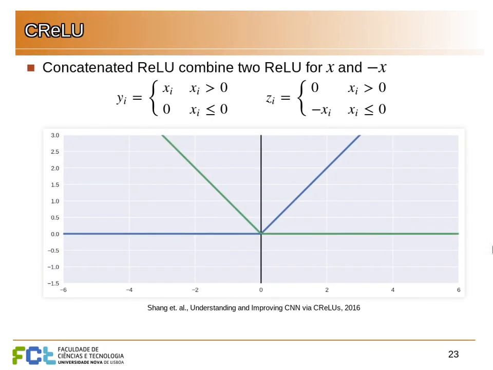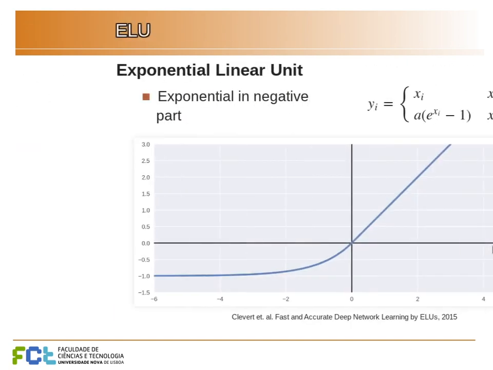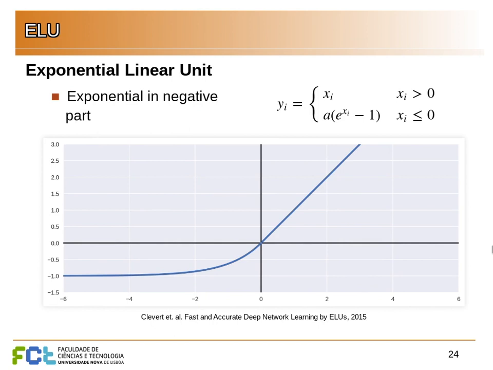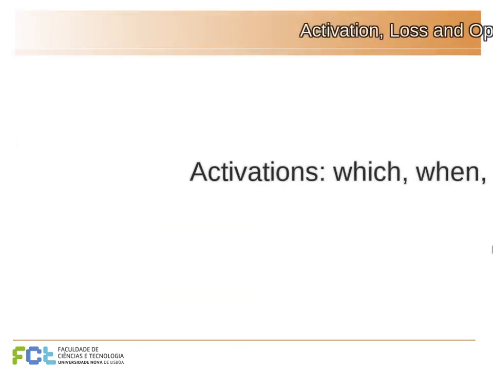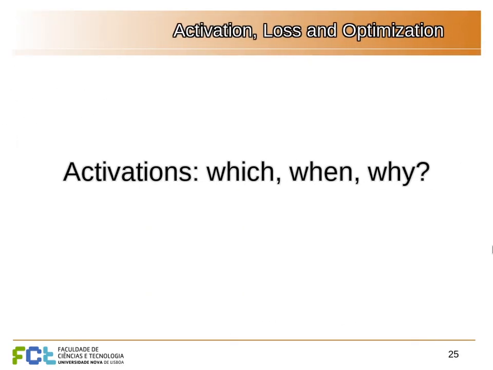There are other more complex variants, for example, concatenating 2 rectified linear units so that we don't have a 0 here on the side. Exponential linear units have this linear output here, but then this exponential function on this part, so that it doesn't have that discontinuity in the derivative. It's a smooth derivative. This basically works the same, but it increases computational cost by having to compute that exponential, so it's not very used in practice. Okay, so